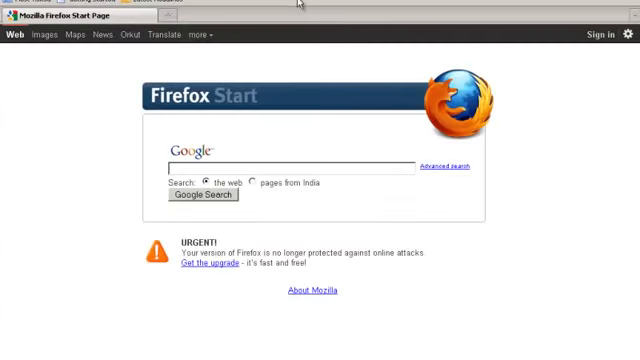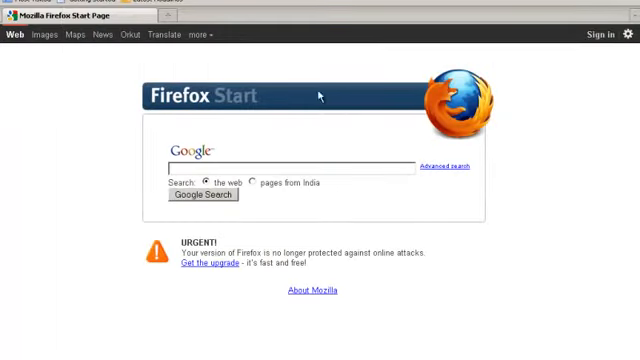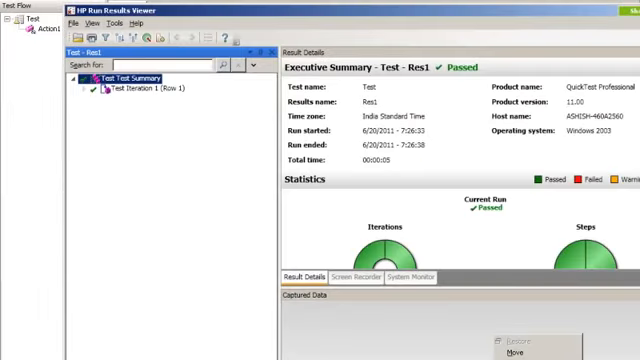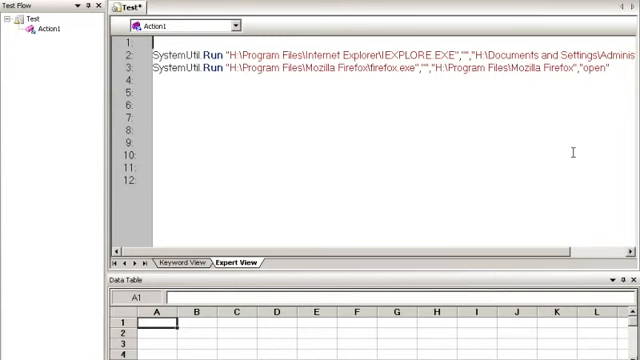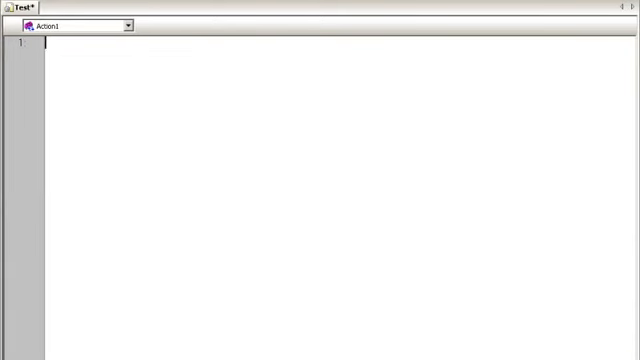See that, I have one Internet Explorer opened and one Firefox open. Okay, I'll just close everything. Right, so I'll record again, and I'll open Mozilla now, and I will go to the website, say Google,